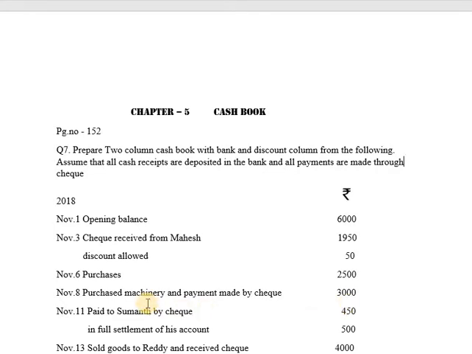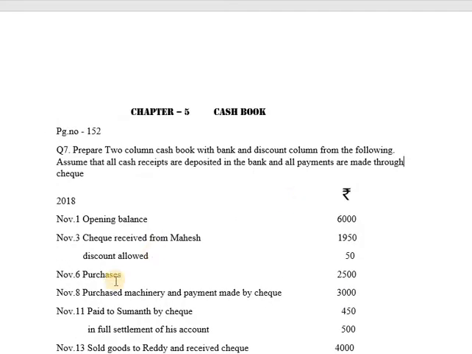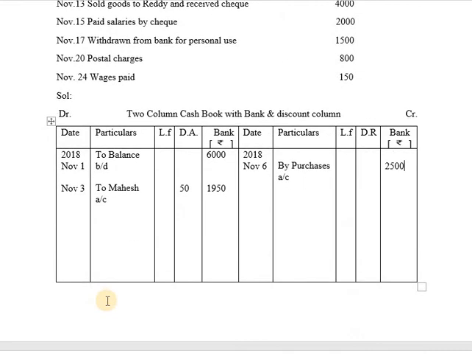So you have purchased machinery and payment is made by check. So as you have purchased machinery, machinery is coming into the business and amount is going from the business for rupees 3,000. So it will be recorded on credit side as November 8 by machinery. In our previous transaction we purchased, but nothing has been specified whether you have purchased goods or asset. So we have recorded it as by purchases. But in this transaction done on November 8, it is specified that we are purchasing machinery. So machinery is coming. So the name of the machinery will be recorded instead of writing as purchases. So it will be recorded as by machinery. November 8 by machinery 3,000.